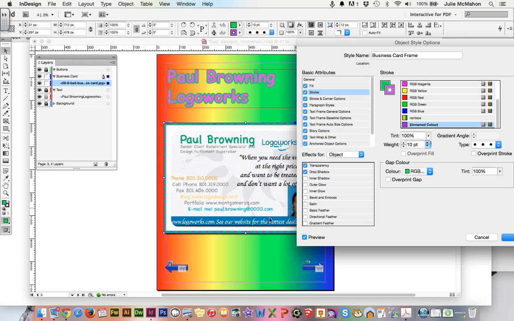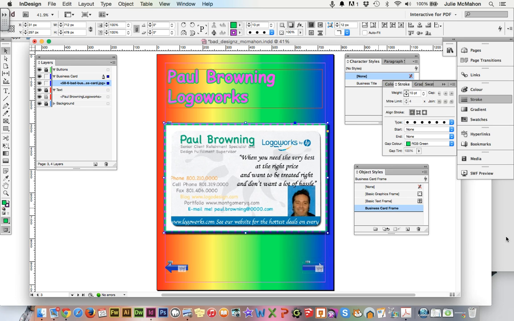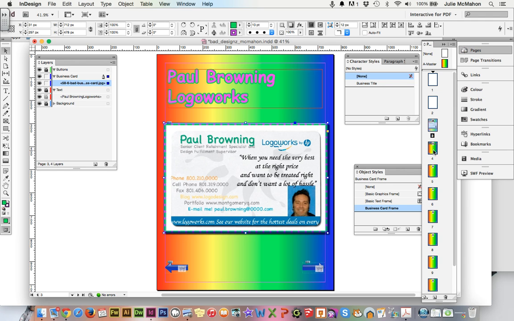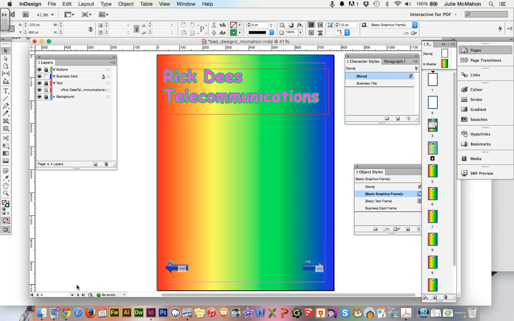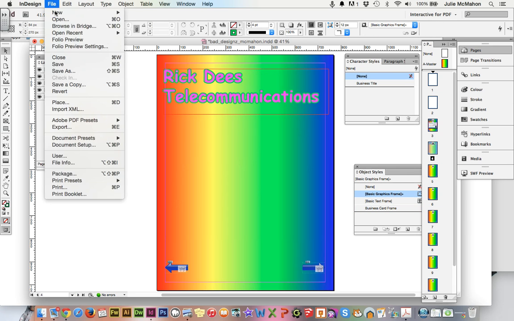So tick that so that you can see that it's added a drop shadow, and I'm going to put on a bevel and emboss just to make it a little bit more over the top. So when we click OK to that, so we've got our business card frame, you see we have a style all set up. Then if we navigate to the next page, you can do that down with the arrows as well. I'm going to place the next business card,